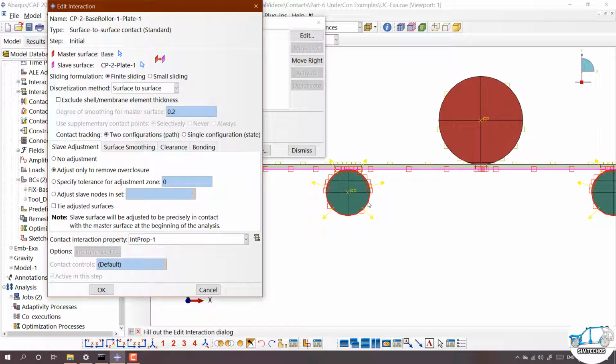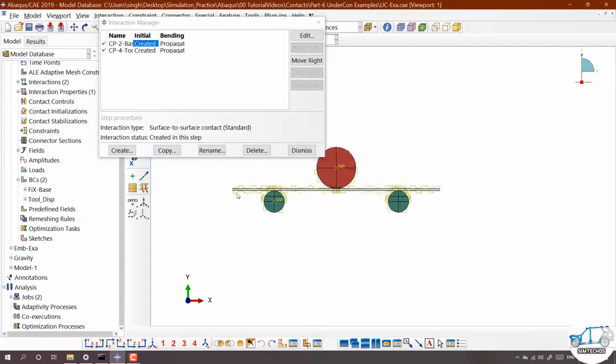One is between the base roller or support and the plate bottom, and I checked the option adjust only to remove overclosure. I already explained the meaning of that option in my previous videos, please go through them if you don't know.